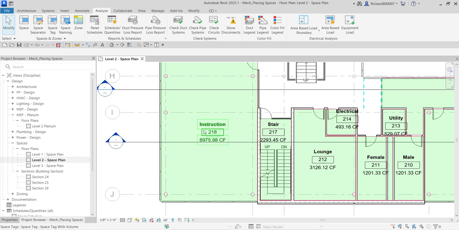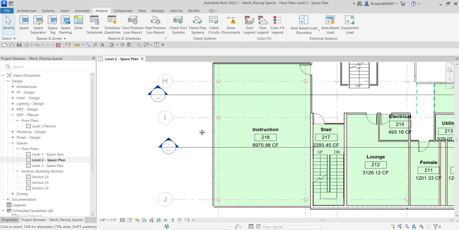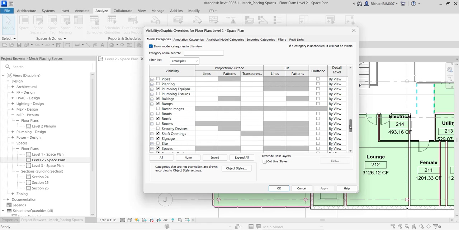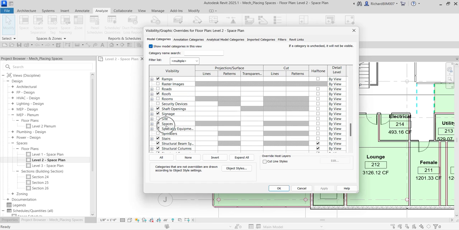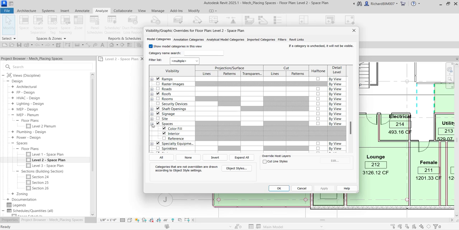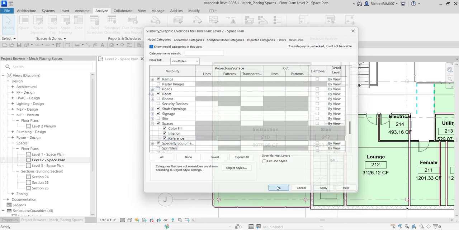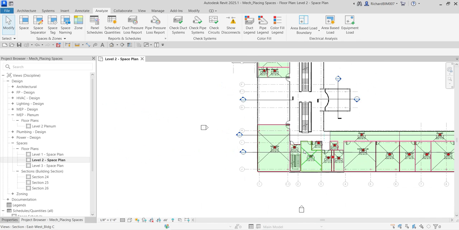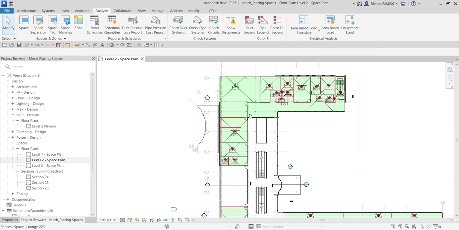want to see that clearly, you can go to the visibility graphic overrides. You can type VV, and then from the model categories, you can move your slider down and look for spaces, and then select the plus icon so you can check here the reference. If you check the reference of your spaces and then select OK, you can see clearly the space there, that cross icon. The reason why I am hiding that is I don't want to see that cross or reference because it